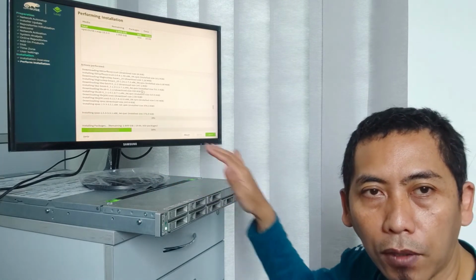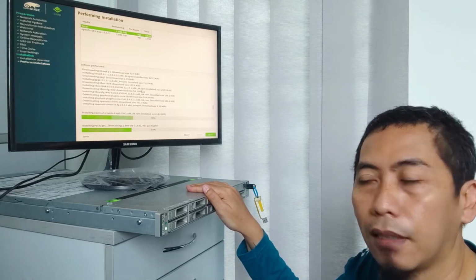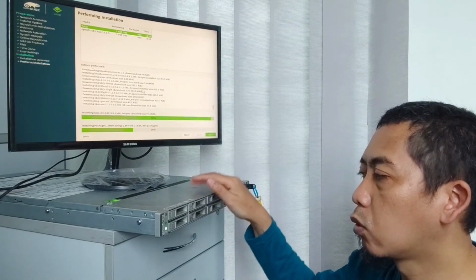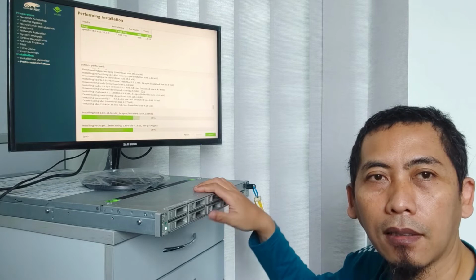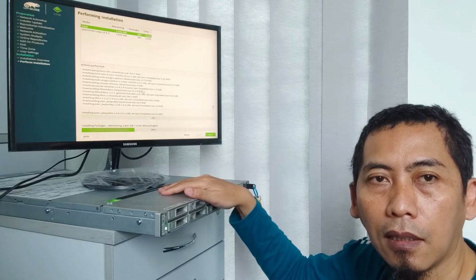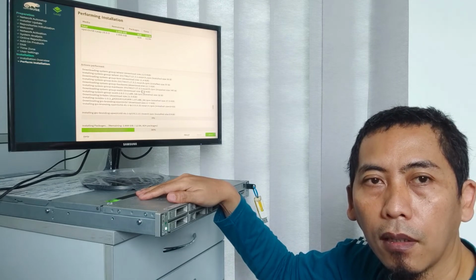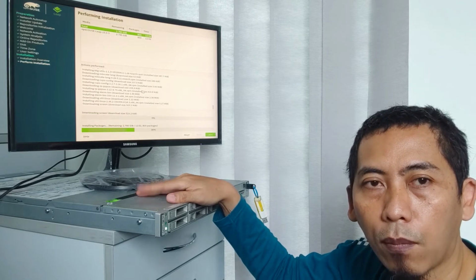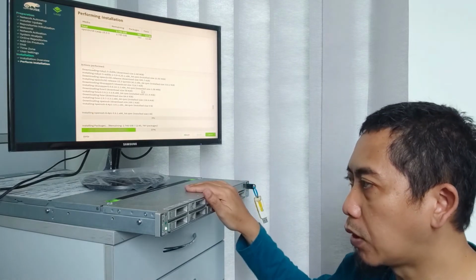Maybe later on I will also install FreeBSD, maybe OpenBSD, and a good server on the net to test on this server. So everybody, if you have this kind of server, you should see my video first before you commit to installing the server or the operating system on this machine. But for sure, this is a good machine in my opinion,